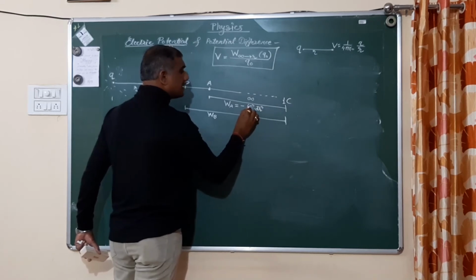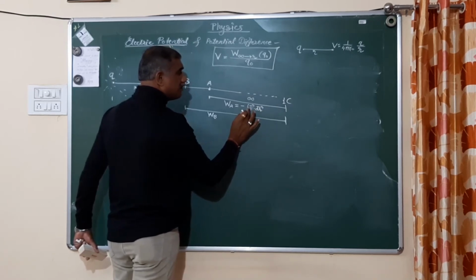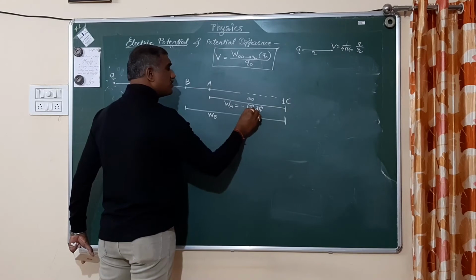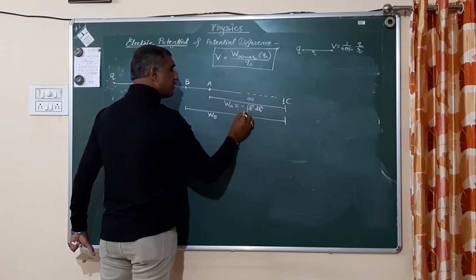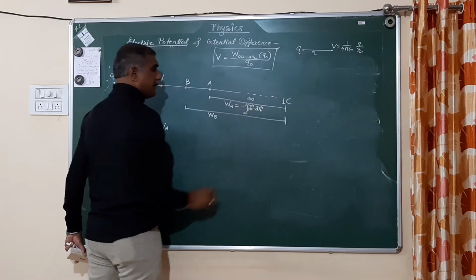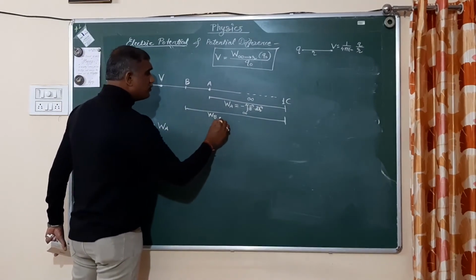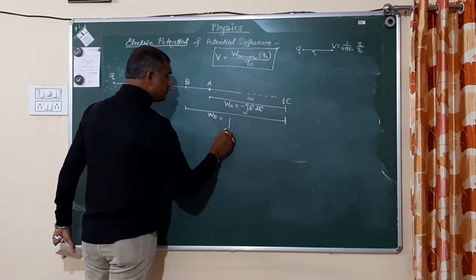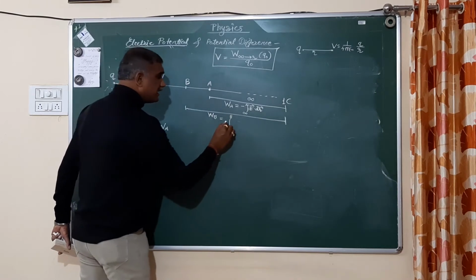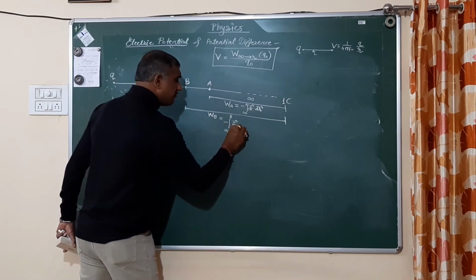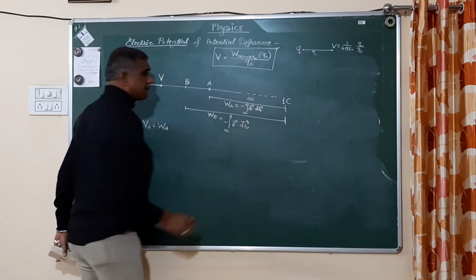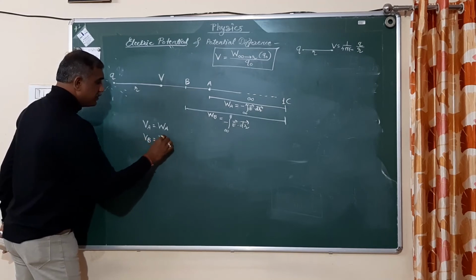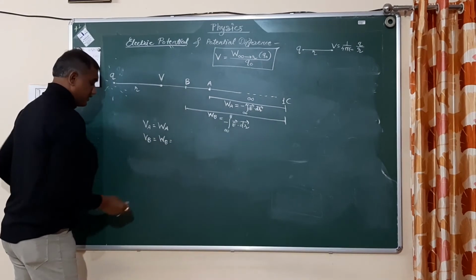Because if I consider Q0 charge, that time force is equal to Q0 into E. But I consider 1 coulomb, then in the opposite direction, force is equal to minus E dot dr from the position infinite to A. Second, WB is equal to work done in moving the 1 coulomb charge from infinite position to the position B, that is exactly equal to minus integral of vector E dot dr. Similarly, VB is equal to WB, and that is equal to this much.